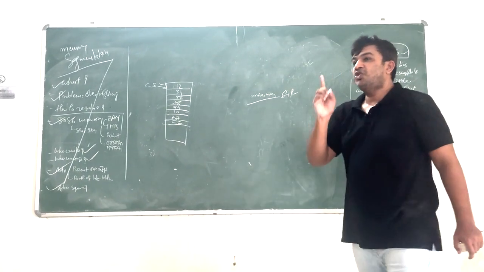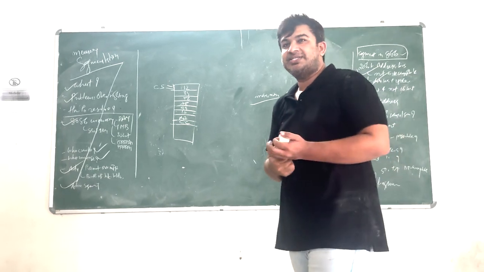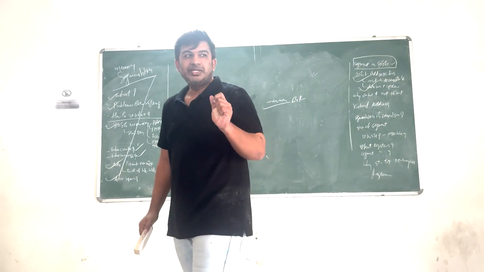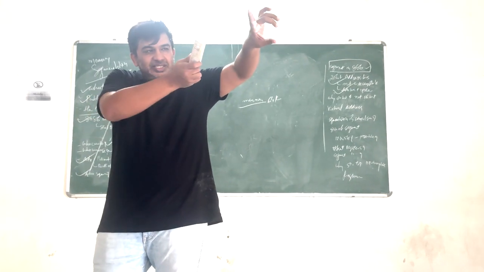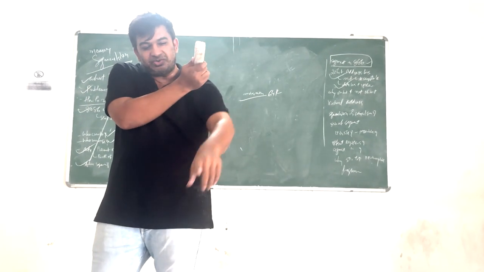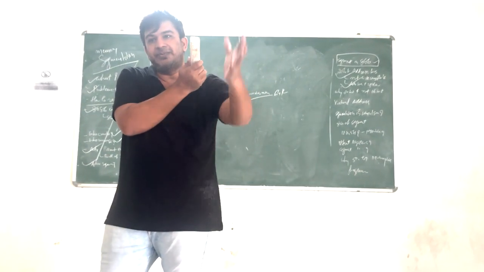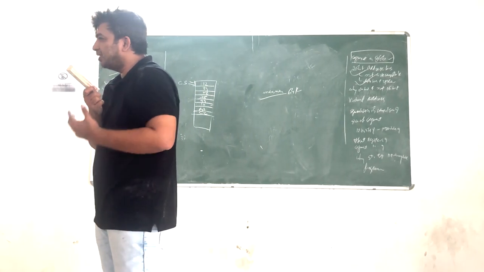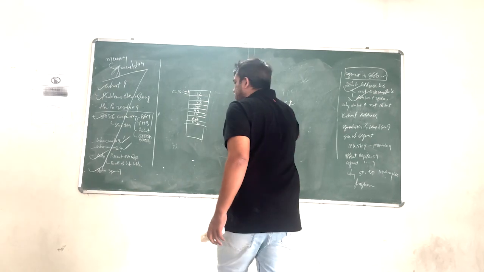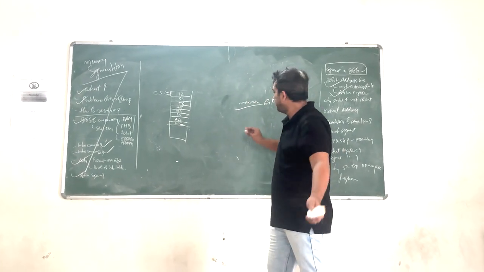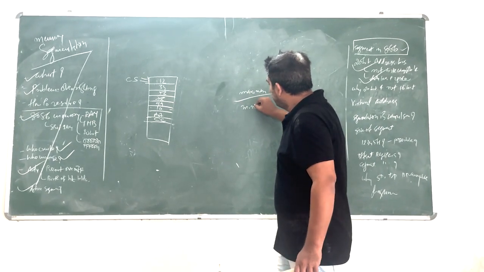64K. Your one segment in 8086 can have a maximum size of 64K. How does it come? Using offset address. Each segment starts on one location, but how far it will go inside is decided by the offset, and your offset is of 16 bits. Understand? This was easy. The difficult one is this.